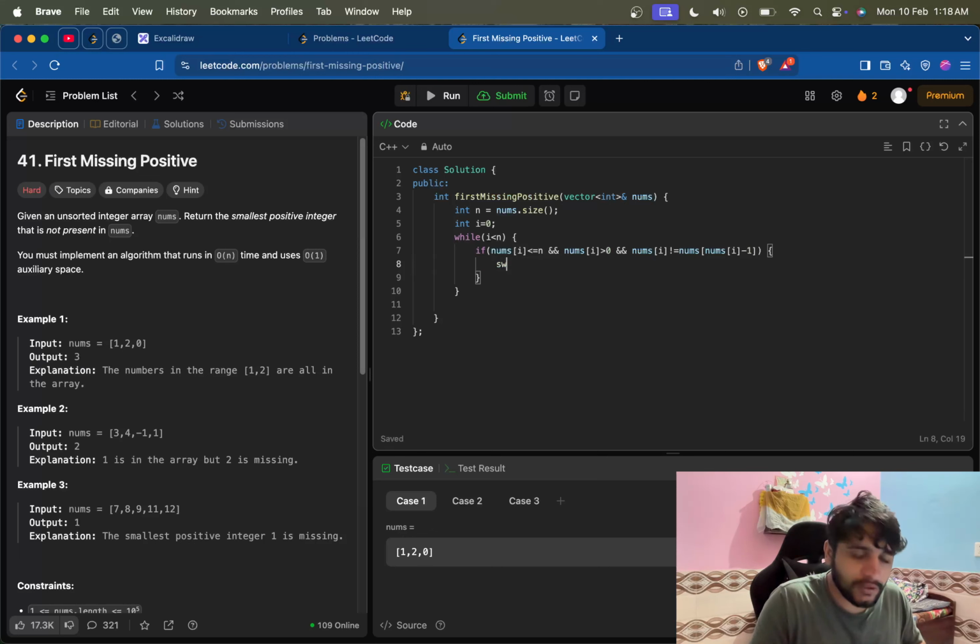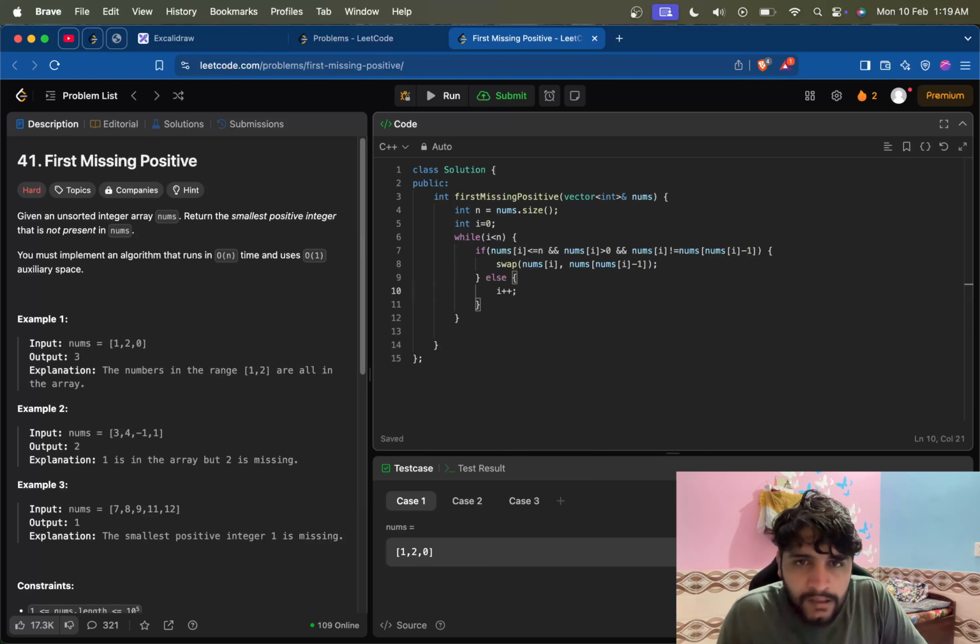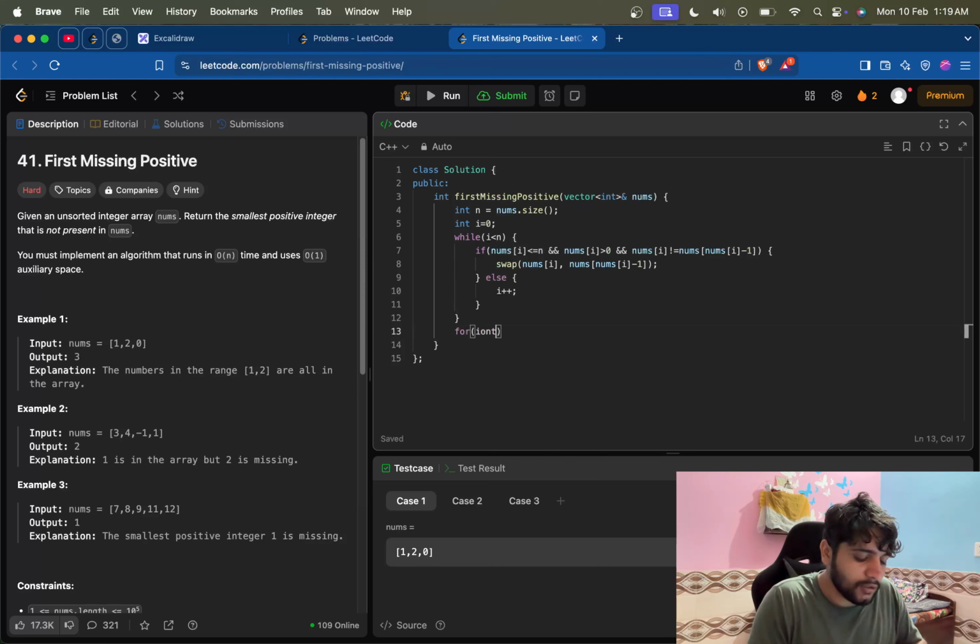Swap which numbers? nums[i] with nums[nums[i] minus 1]. Okay, we will swap these numbers, and after swapping we will just do i plus plus. If we do not have to swap, we will just skip it and go forward with whatever value we have next. Okay, and then we will start iterating the array from its very first index to the last index, and we'll check